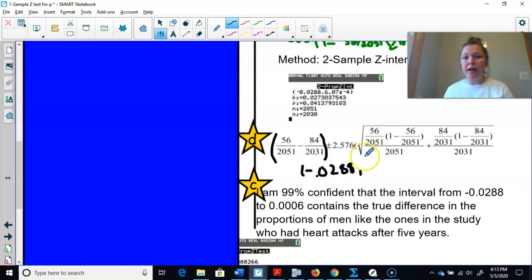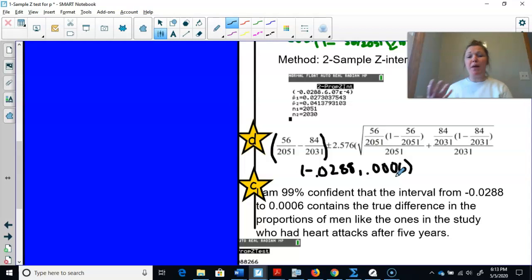Comma, be really careful. Do not put 6.07. You need to make sure that's scientific notation. So move the decimal back 4 places. So that's 0.0006. Okay. And so now I am 99% confident that the interval from negative 0.0288 to 0.0006 contains the true